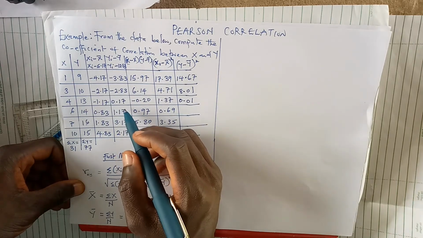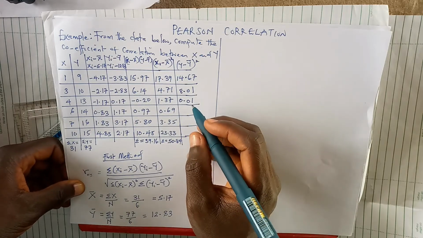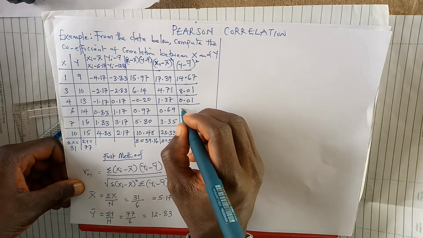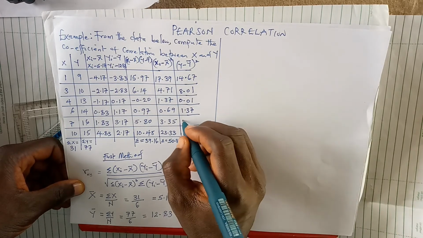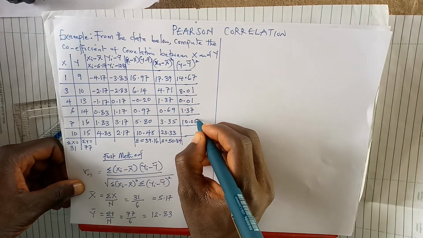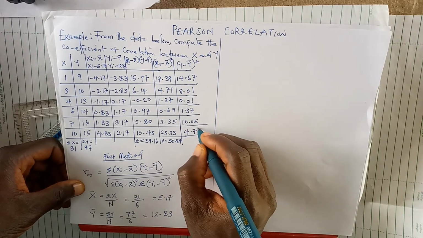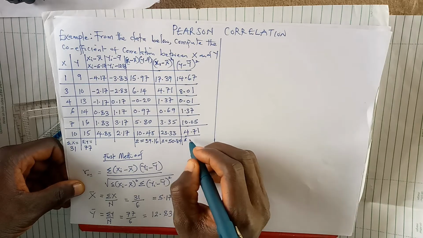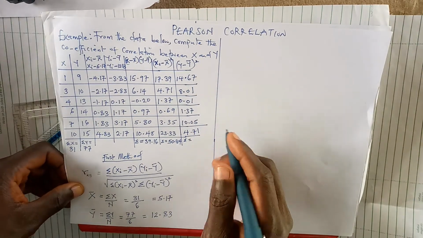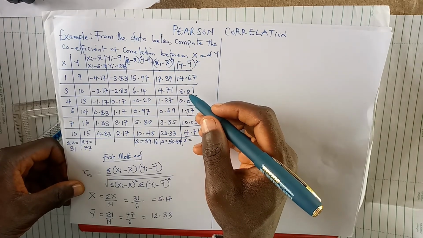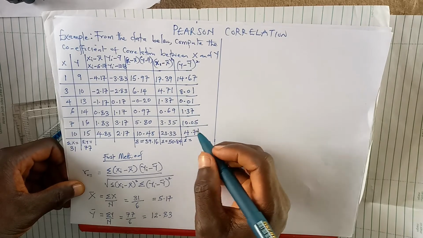That is 0.17 squared. Then we'll approximate it to 2 decimal points, that's 0.01. The next one will be 1.37. The next one will give us 10.05, and the last one will give us 4.71. Also, we need the summation of this. Adding the whole list together will give us what? We have 14.67 plus 8.01. If you keep on adding everything together here, we're going to have